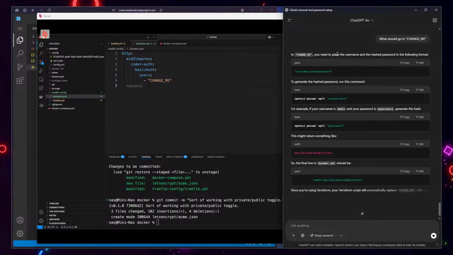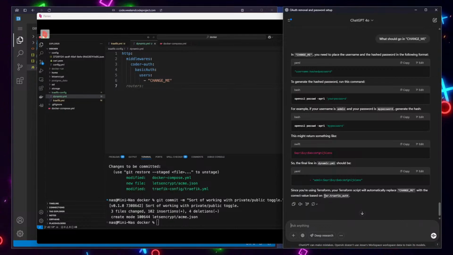Change me. You need to place the username and the hash password in the following format. To generate the hash password, run this command. For example, you might return something like this. So in your final line, since you're using Terraform, your Terraform script will automatically replace change me with the correct value based on